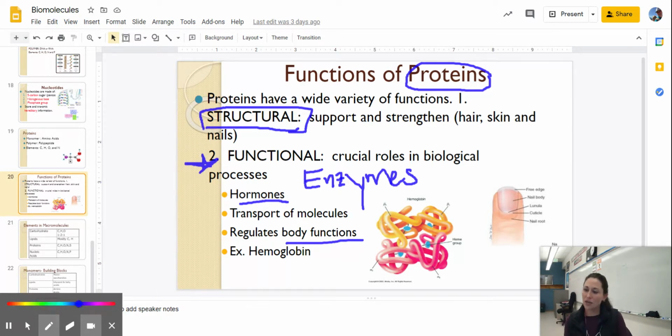And then don't forget, when you're finished with all of these notes, the last thing that you're going to do is to take the quiz that I have posted over this material, and you are welcome to use your notes on that quiz. So go ahead and take the quiz when you're done with all of this, and that's your only homework for over